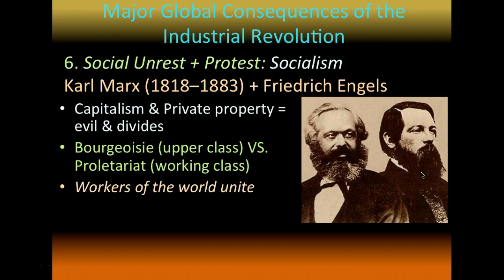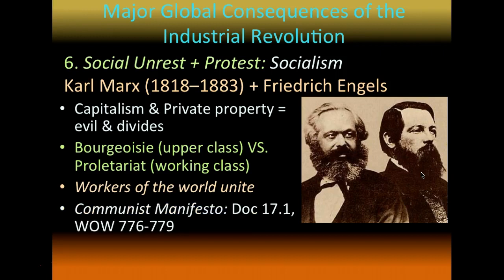And they have this idea that capitalism and private property creates a separation between the bourgeoisie, the upper class, and the proletariat, the working class. And the working class needs to unite, workers of the world unite together to rise up, because there are so many more of us than there are of those small bourgeois, the small wealthy people. So the proletariat needs to come together to rise up, to get the government on their side to protect the people. They wrote the Communist Manifesto, and there's a big difference between communism and socialism,